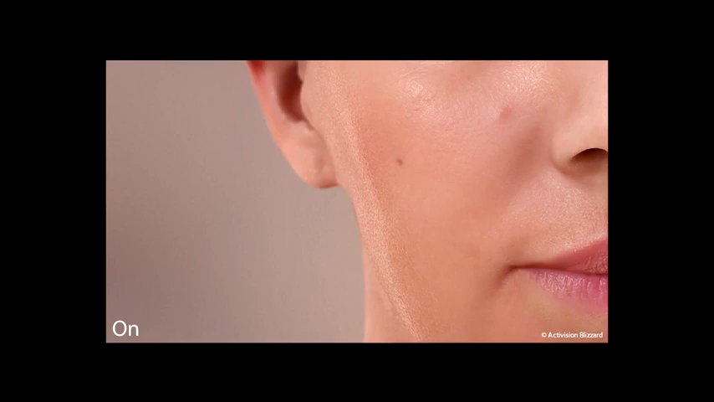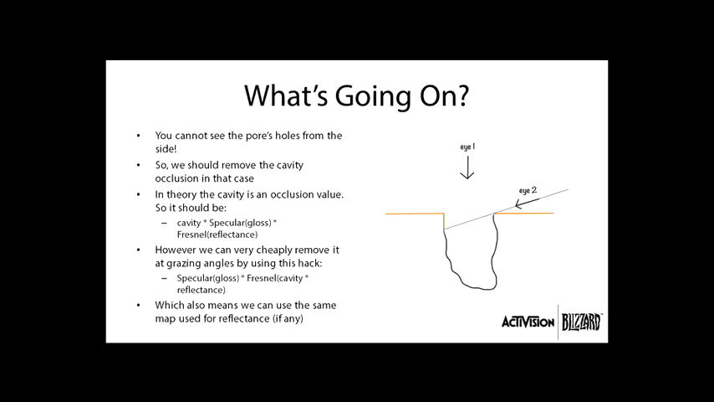So basically, in this image, we are using the cavity map as a specular occlusion factor, effectively multiplying the specular by the cavity map. But the problem is that from the side, you don't see the holes. So you should not be doing this when looking at the surface from a glazing angle. So for this, we basically remove the cavity at glazing angles,